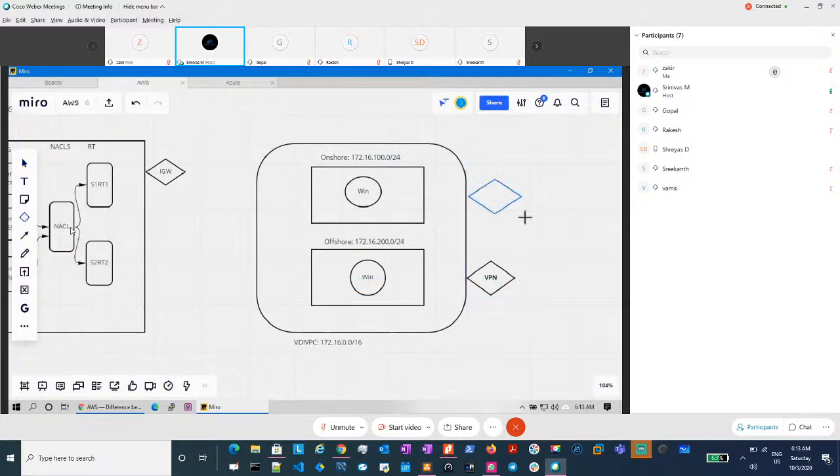What I will do, I will place one more internet gateway here. And from remote or remote office or anywhere,